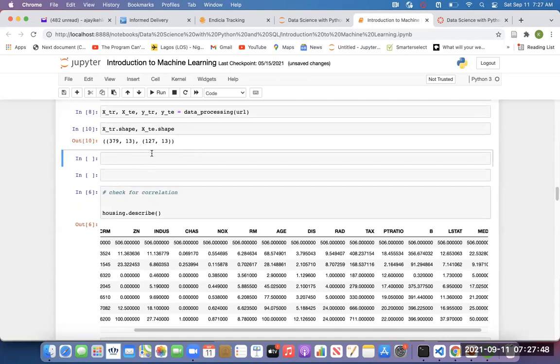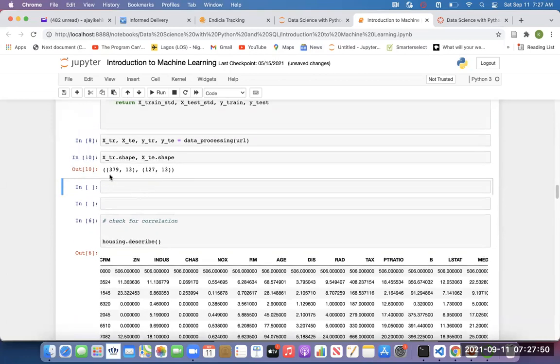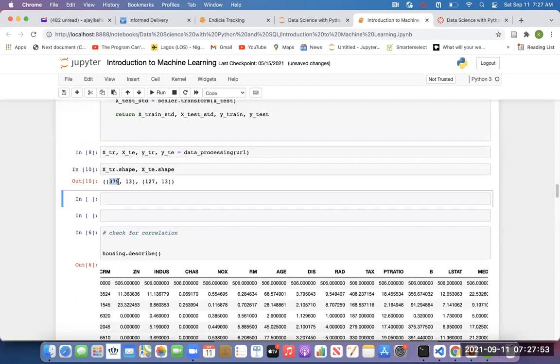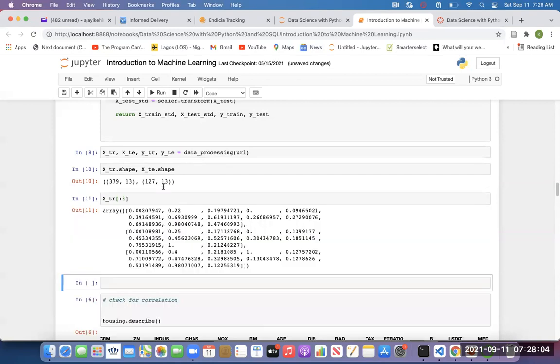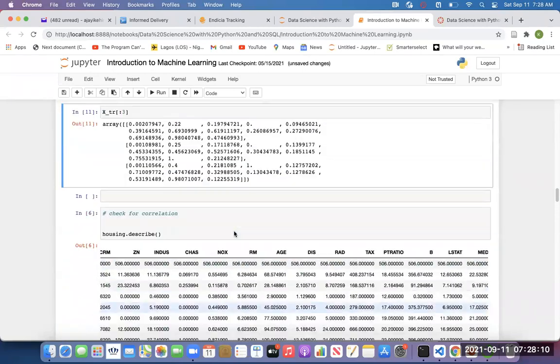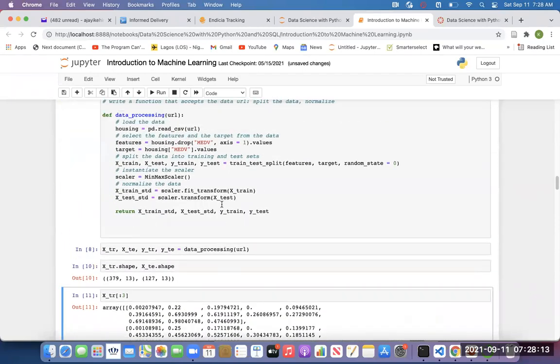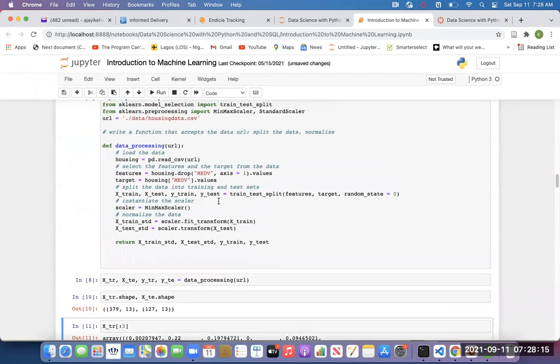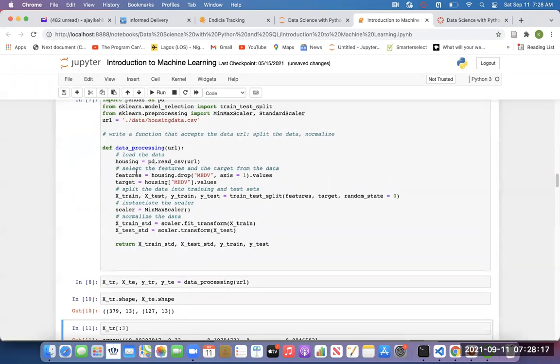You can see the data is actually very small, and that's because we have split it. So one is carrying 379, one is 127. And if you want to check what you have there, maybe you want to check the first three. See, that's the data. So you can see that the function is working. That way, it makes your code easier to manage, and I can use this function different times.